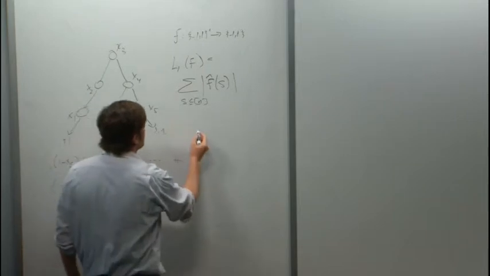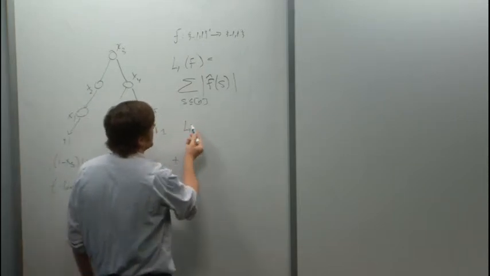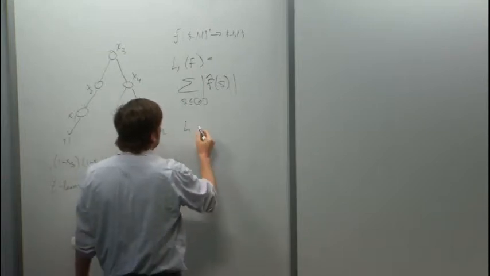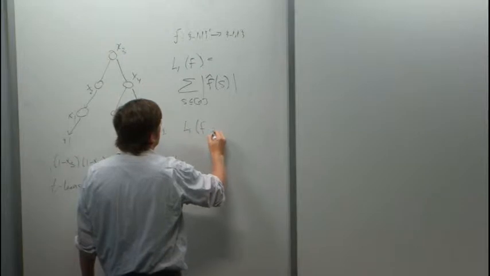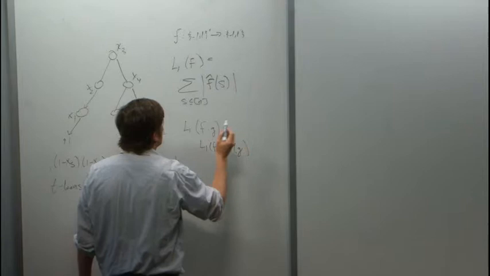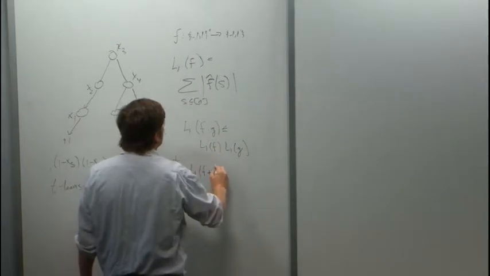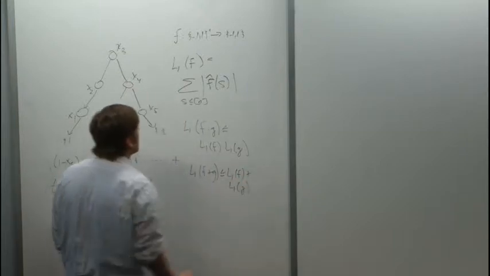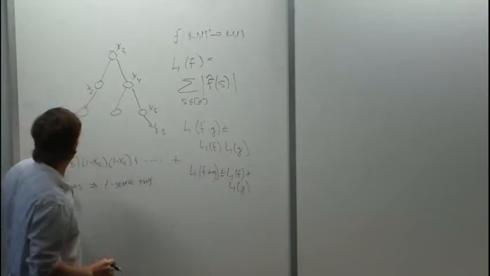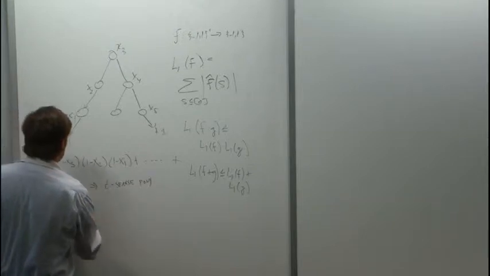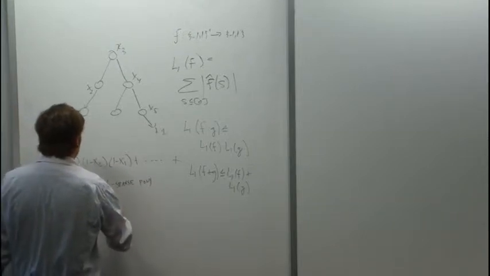And there are two easy facts to see about taking this sum of absolute values. One is that L1 of f times g is at most L1 of f times L1 of g. L1 of f plus g is at most L1 of f plus L1 of g. And then what is true is that a decision tree f with t leaves